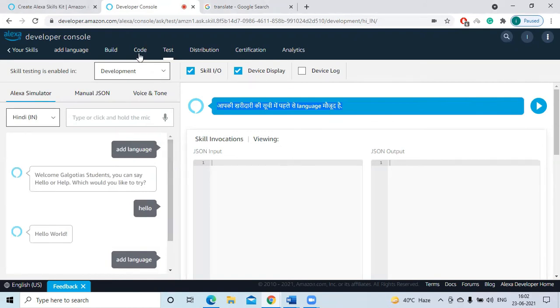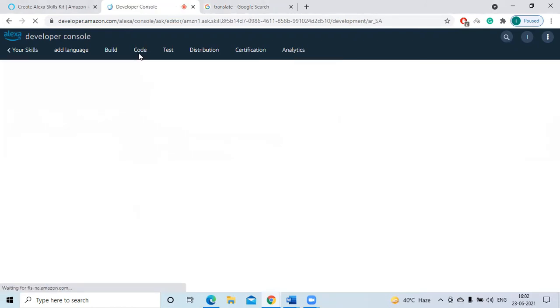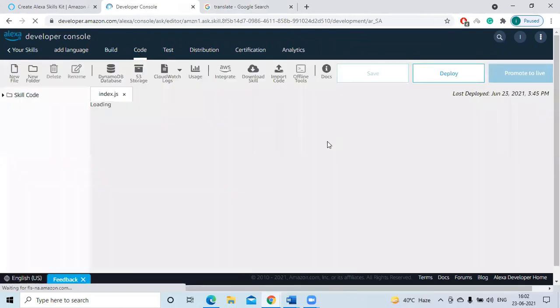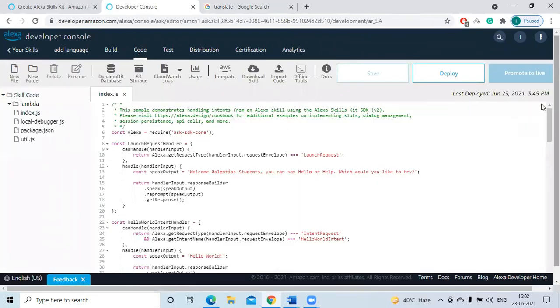Okay, see here in the code. So it is giving some wrong output. Why it is giving wrong output means here it is written in English, not in Hindi. So Alexa will not translate this one. Alexa will not convey this message to us because it is in English, but the language I have chosen is Hindi. If I translate this one to Hindi, then Alexa will talk in Hindi.